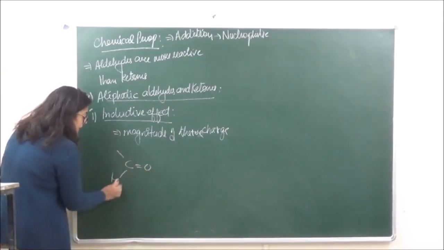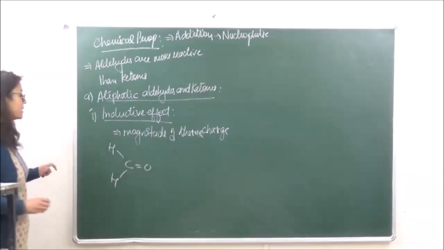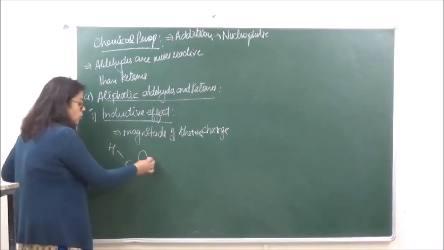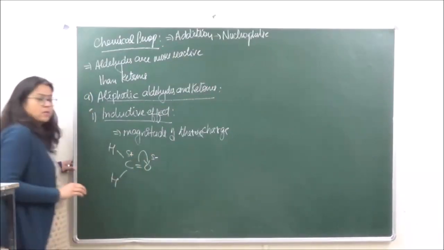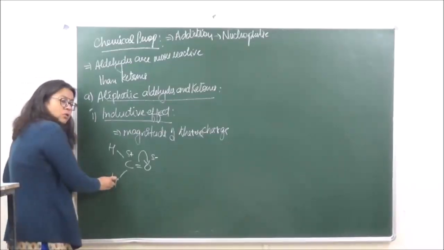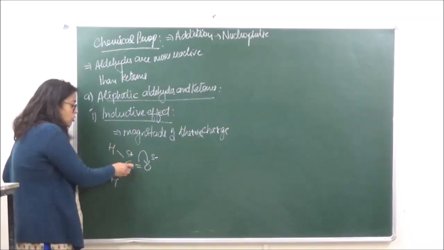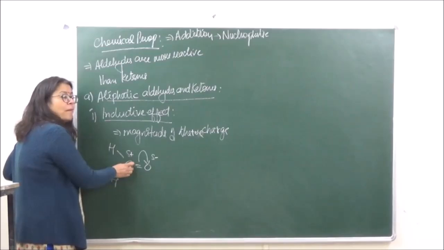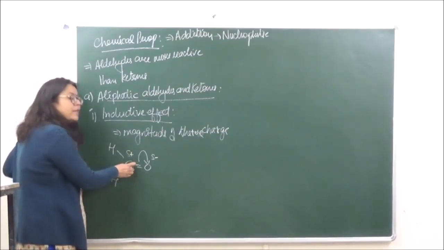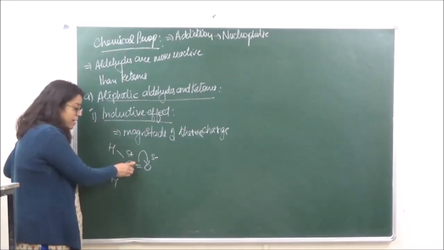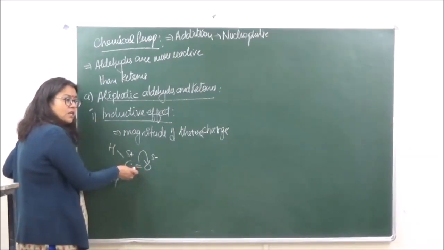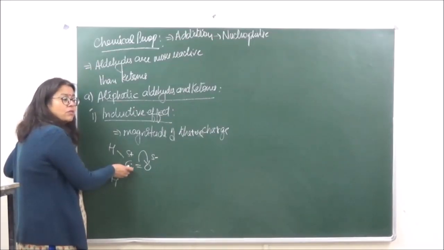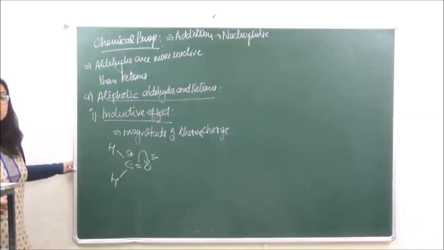taking say formaldehyde, right? In this case, what is going to happen? The lone pair of electrons get attracted towards the oxygen. So there is a negative charge over here, there is a positive charge over here. Both the hydrogens which are present are not electron releasing. So the positive charge over here is going to be intensified. This is going to show maximum susceptibility towards the addition reactions, right? So any nucleophile which is negatively charged, which is approaching the carbonyl group, will easily come and attack at this carbon atom because of the high positive charge which is present on this carbon atom.